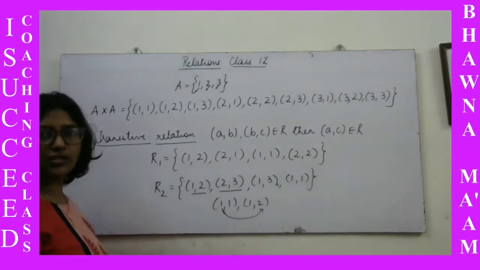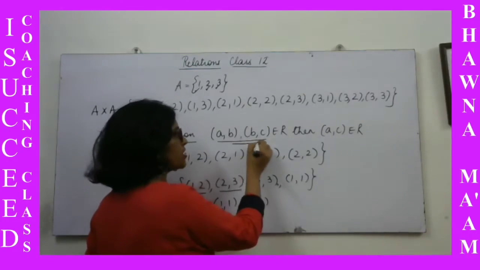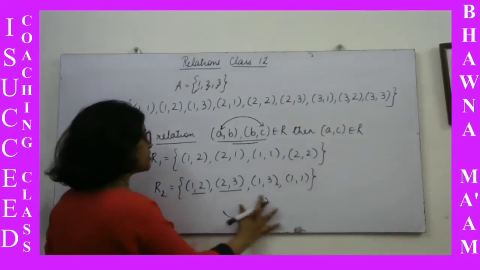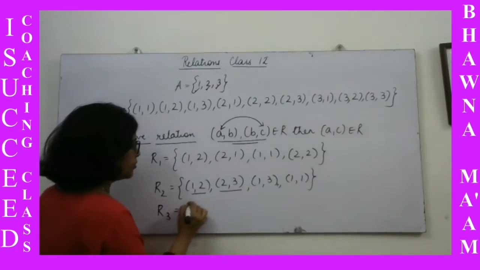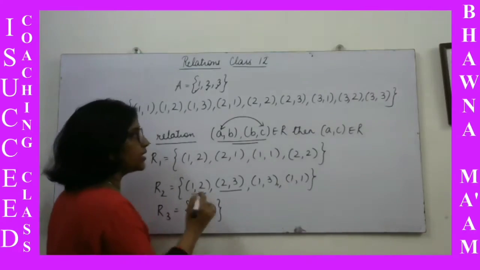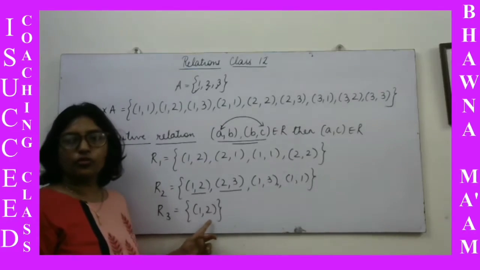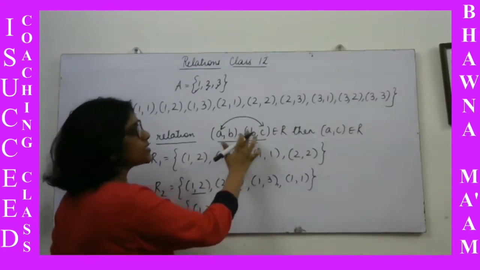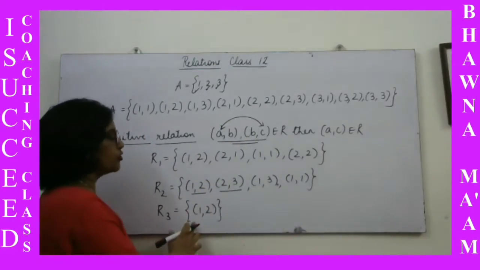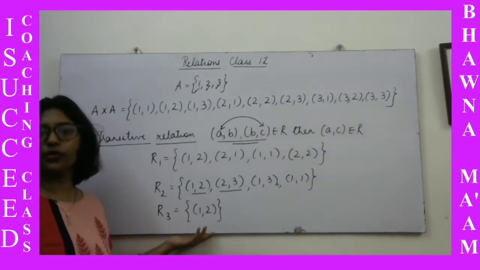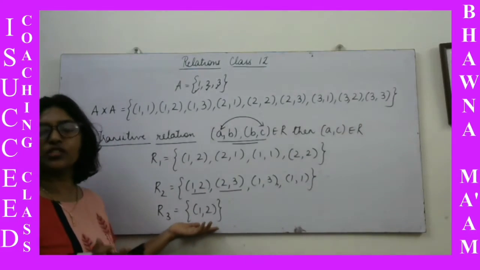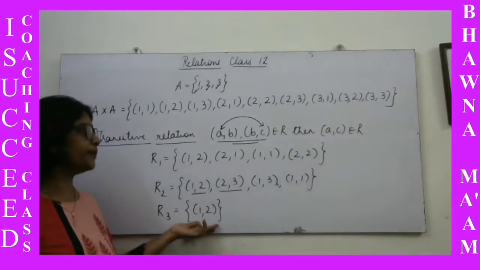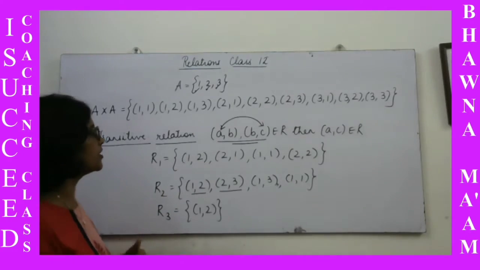So transitive relation is a relation where you have both these entries, then you want AC to be in the relation. Suppose we have only 1, 2, then it automatically becomes transitive because you don't have any entry which is beginning from 2. So AB and BC both are there, then we want AC. If only 1, 2 is there, fine, it is transitive, because there is nothing beginning with 2. If some element is beginning with 2, then we want the resultant, otherwise not. Okay, so this is transitive. All of them I have written transitive.